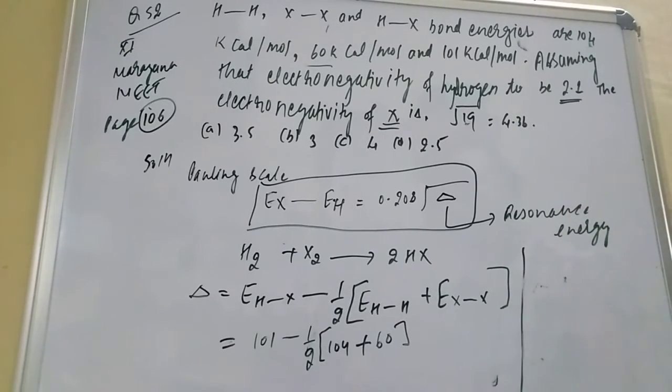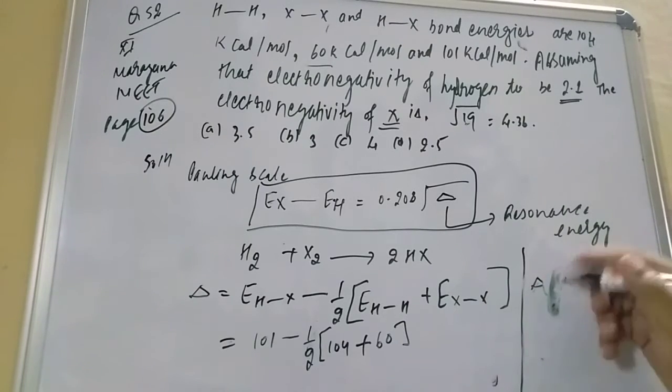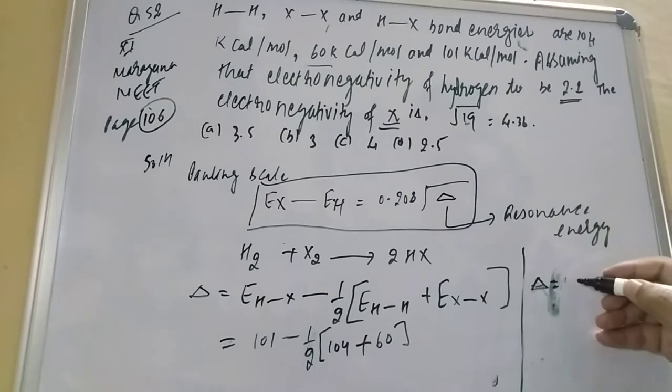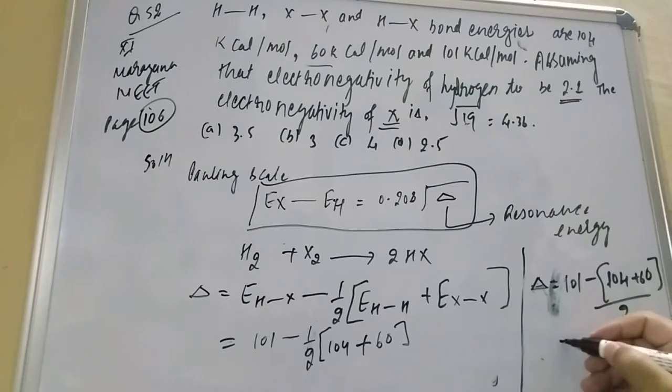I am writing a little mistake is there, student. Delta is equal to 101 minus, in bracket, 104 plus